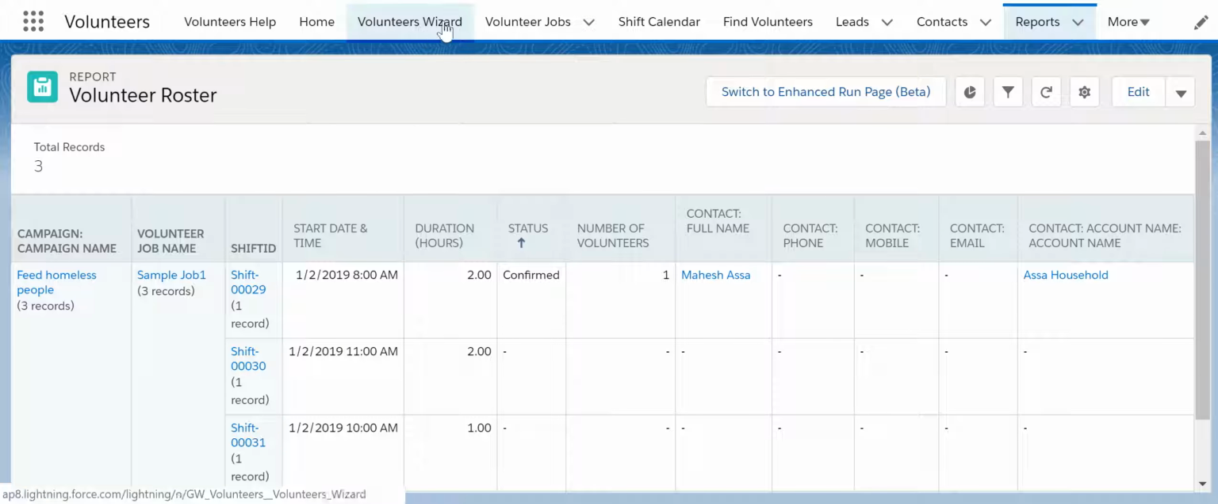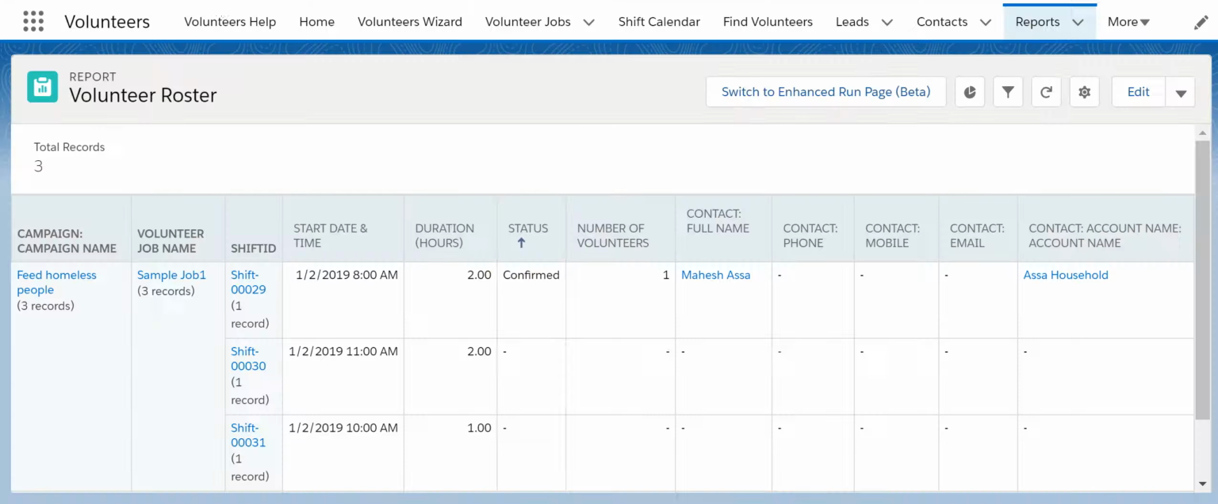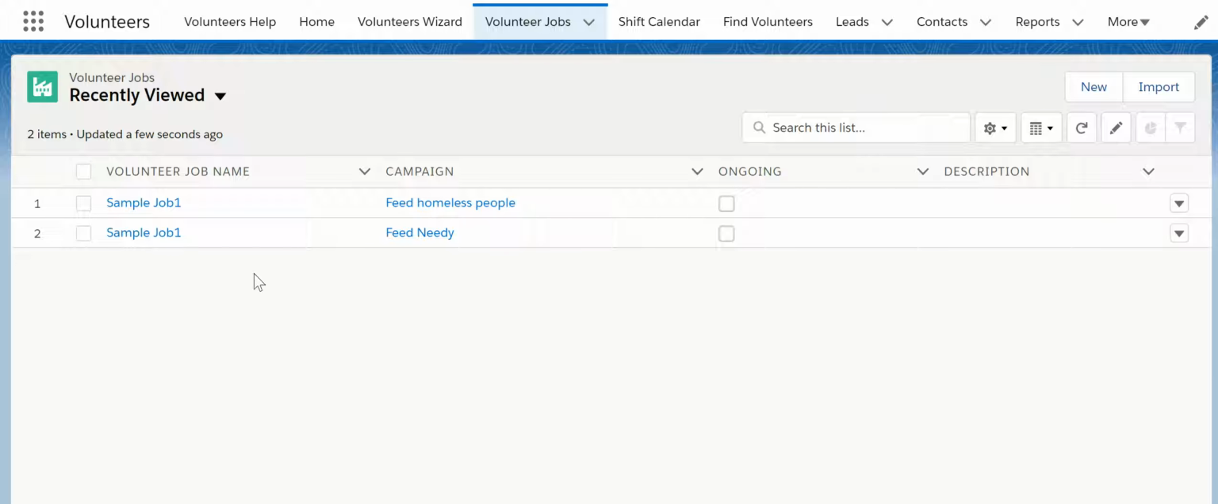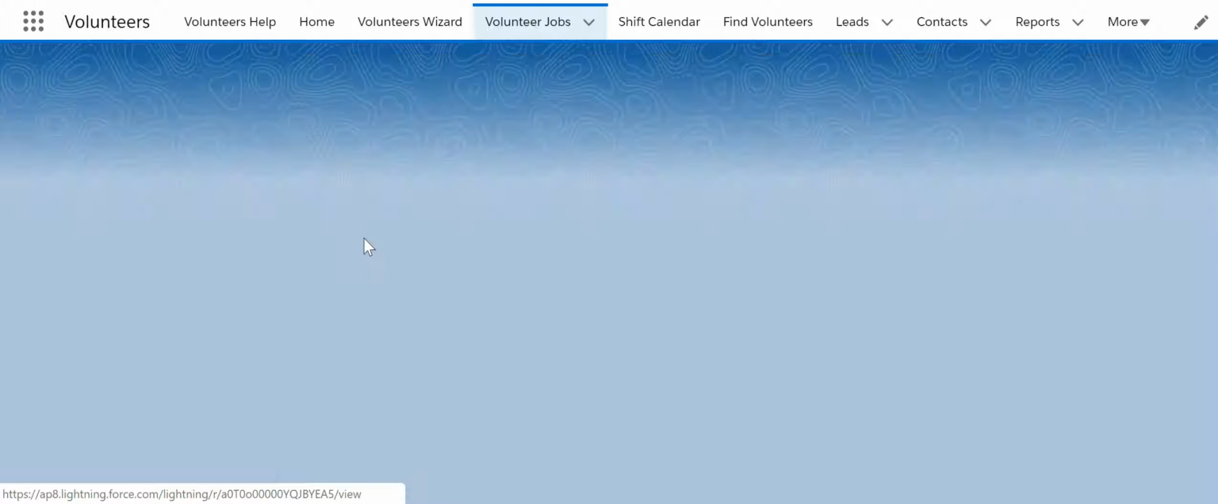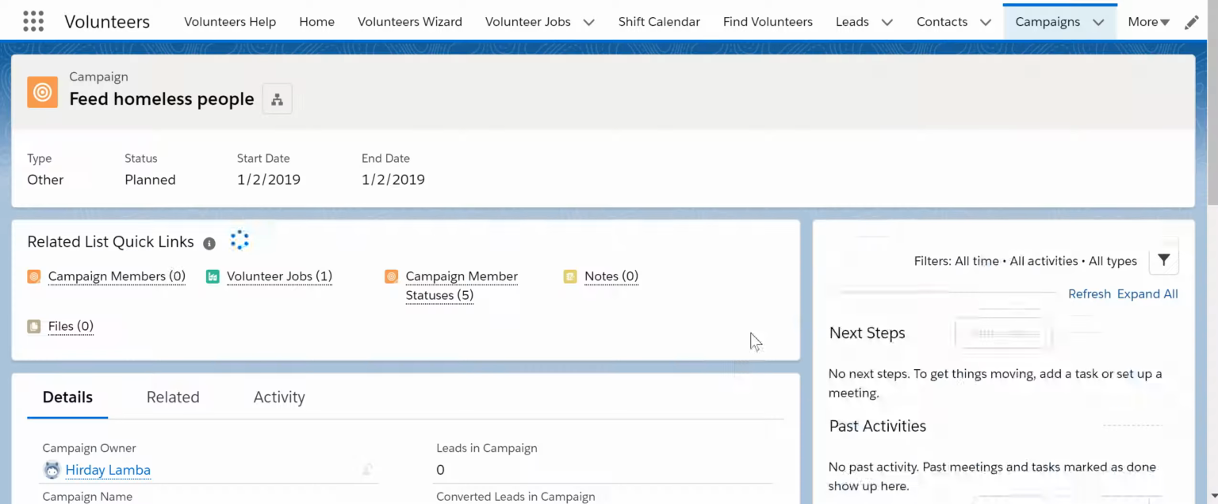Let's go back to the presentation. We added volunteer skill and availability, then we added jobs and shift, and then we assigned volunteers to shift. So let's go back over here, volunteer jobs. You can also mass email volunteers if there is any communication that needs to be sent to them. If we go back to feed homeless people,